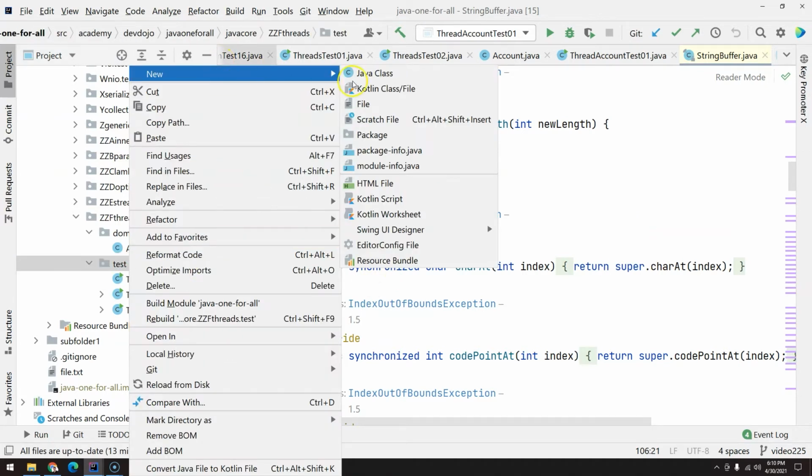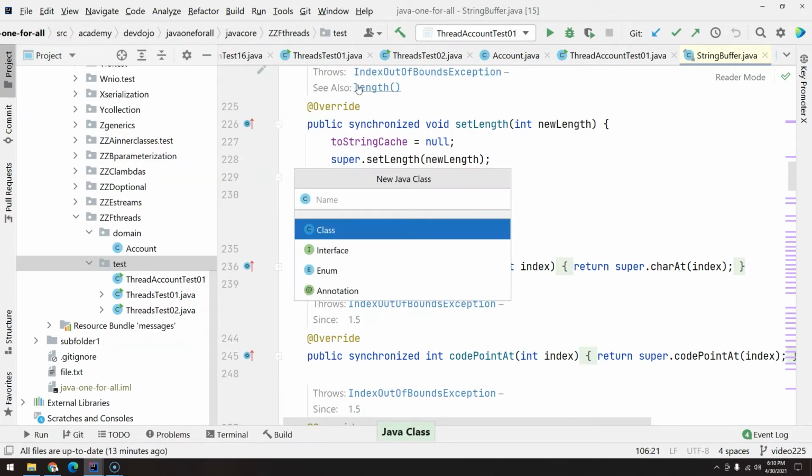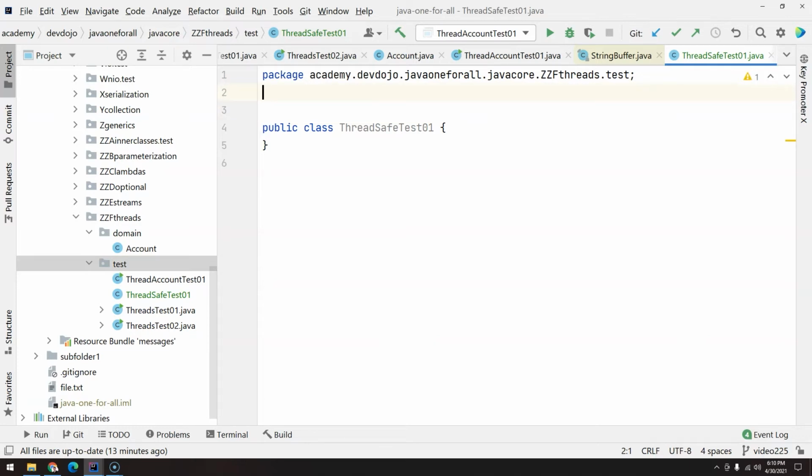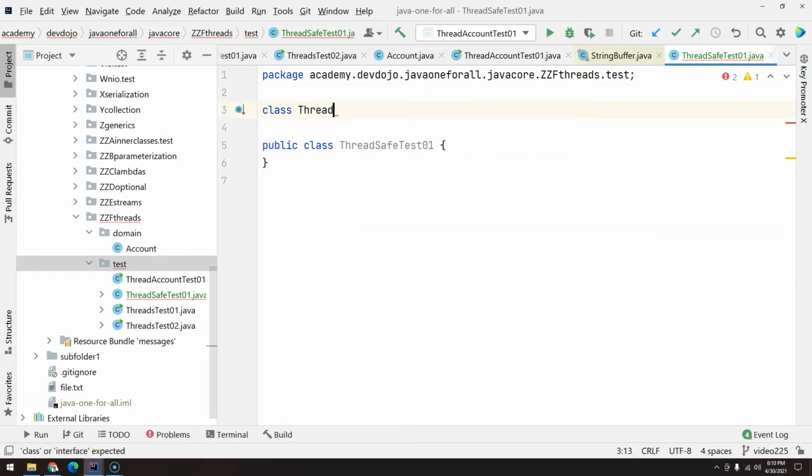Let's create a new class here. Let's call it ThreadSafeTest01. And let's create up here another class. Let's call it ThreadSafeNames.